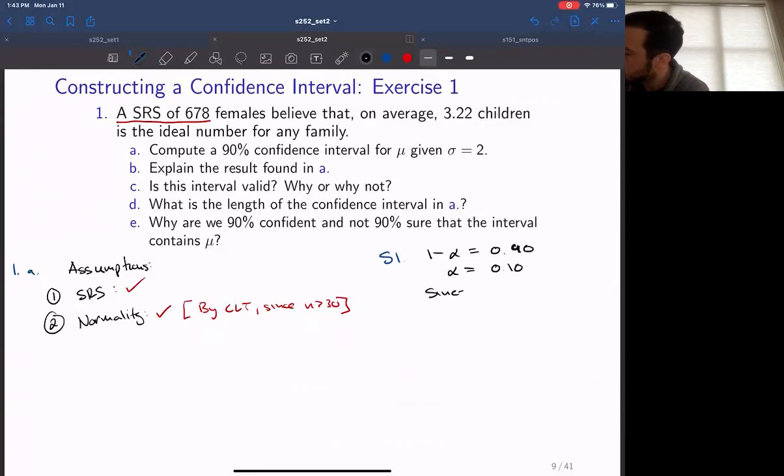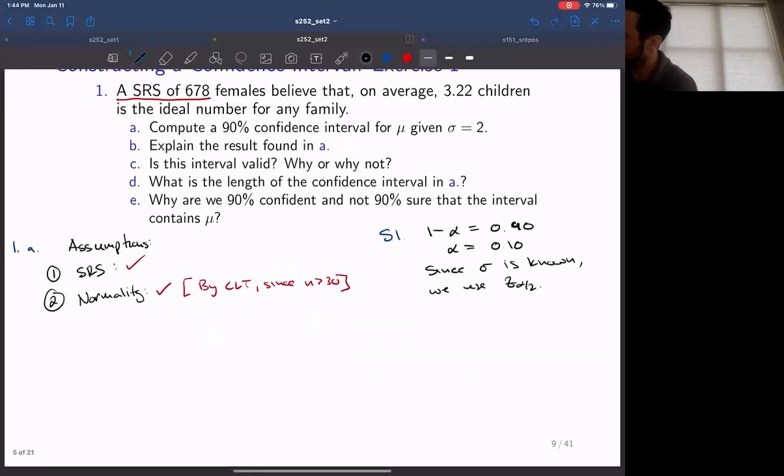Since sigma is known, we use z alpha over 2. So we will have,